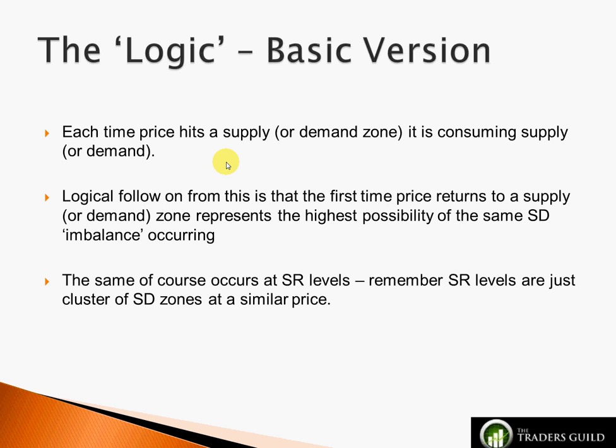Now obviously I've interlinked SR and SD zones here, and it's important to remember, as outlined in previous videos and posts on my website, that a support resistance zone is merely a cluster of supply demand zones at a similar price, and that a supply demand zone isn't necessarily a support resistance zone. You have a swing high, for example, that is not a resistance zone, is it? It's just a demand zone. For a support resistance zone, we need multiple touches, multiple supply demand zones at a similar price. Again, this is just a recap of past concepts discussed. So moving on from that,